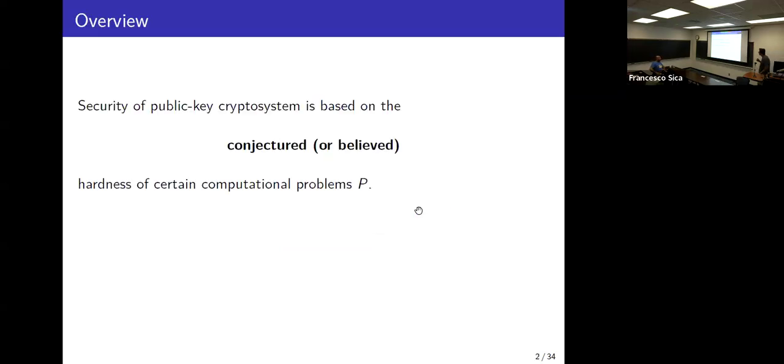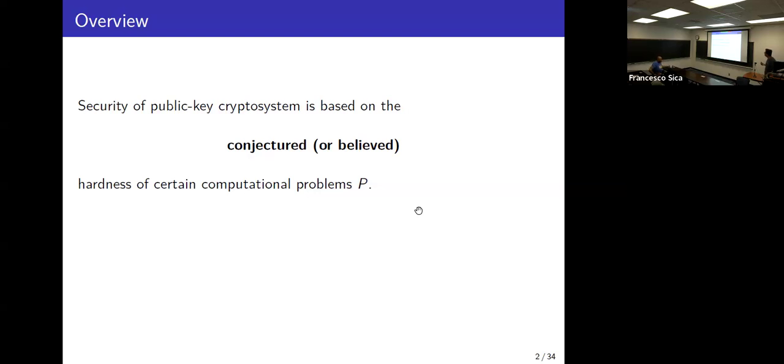Before I start, I want to mention the way of proving the security of a public key crypto system. You have heard about encryption schemes and signature schemes. They all have different functionalities, but how exactly do we show that these schemes that we construct or use in practice are hopefully secure? The general idea is that it's done by a formal proof, which is exactly like a mathematical proof.